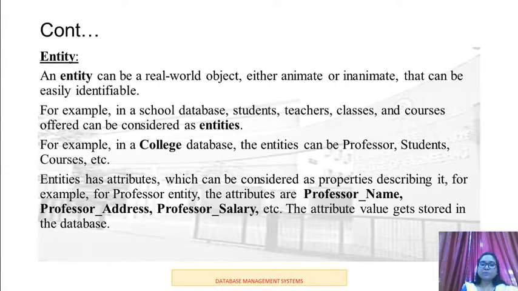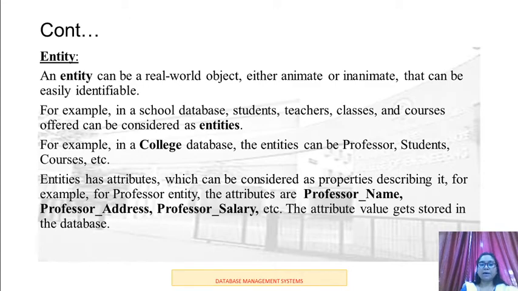Because of these separate folders we can easily identify the information of students, and easily identify the information of teachers. We store this data separately for easy access to the information of each, because students' data is separate from the teachers' and teachers' data is also separate from the classes. So instead of storing all this information in a single folder, that is the school database, we make separate folders for storing the data, and this separate folder is nothing but your entity.